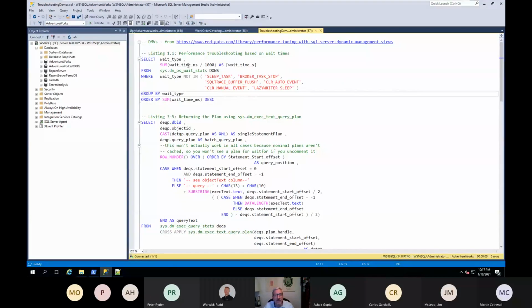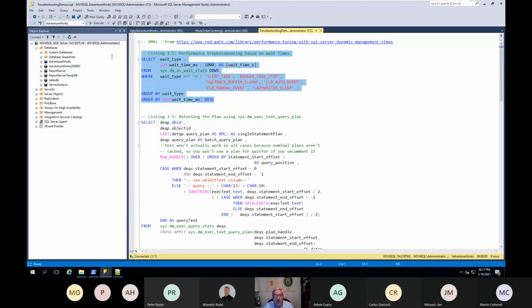The first one, I'm going to use dm_os_wait_stats because I want to see which of my processes are waiting the most. What are my top wait stats? I'm going to exclude wait types that don't matter. In fact, if you go to Glenn Berry's website, his list of wait types that don't matter is rather large.